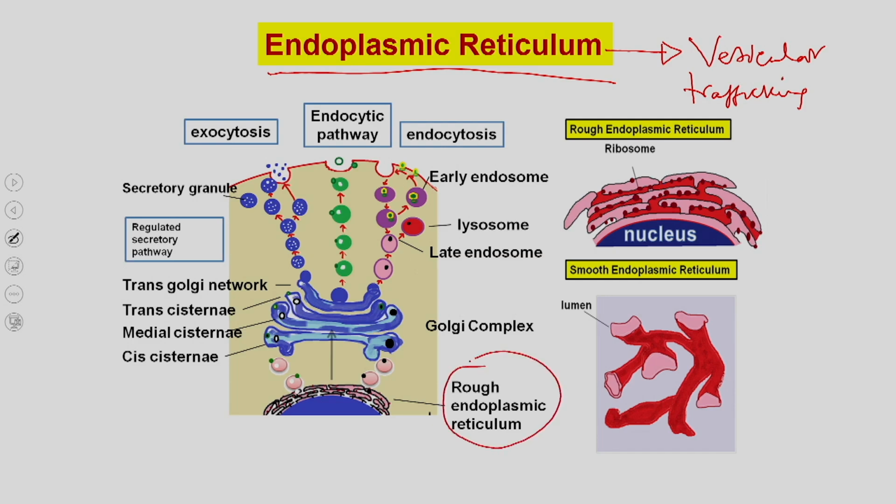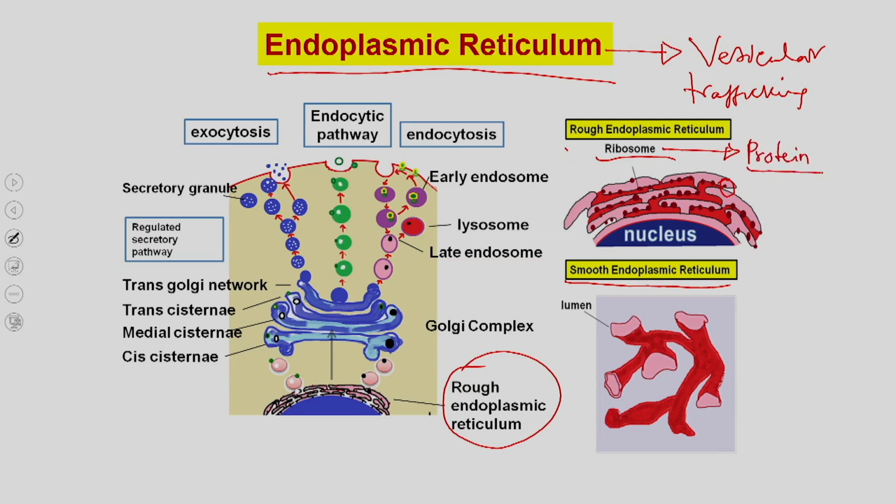So, you have two different types of endoplasmic reticulum. One is called rough endoplasmic reticulum, the other one is called smooth endoplasmic reticulum. In the rough endoplasmic reticulum, you have the ribosomes which are attached onto the endoplasmic reticulum, whereas the smooth endoplasmic reticulum does not contain any ribosomes. So, these ribosomes are synthesizing the protein